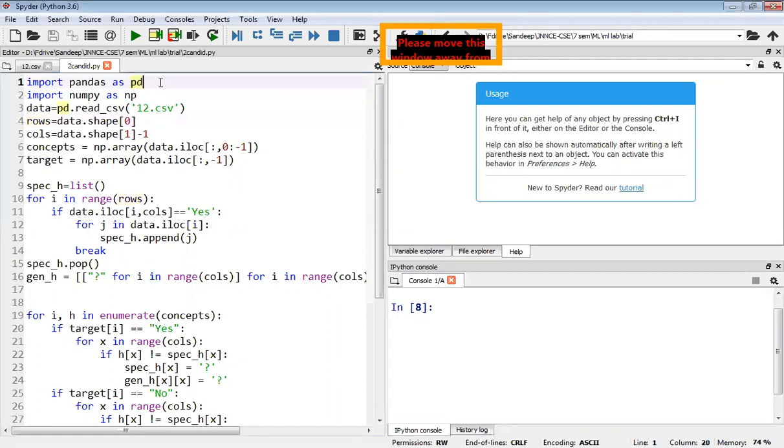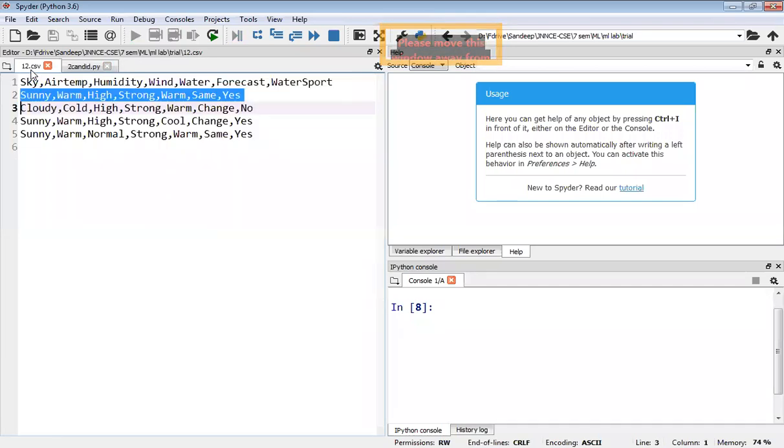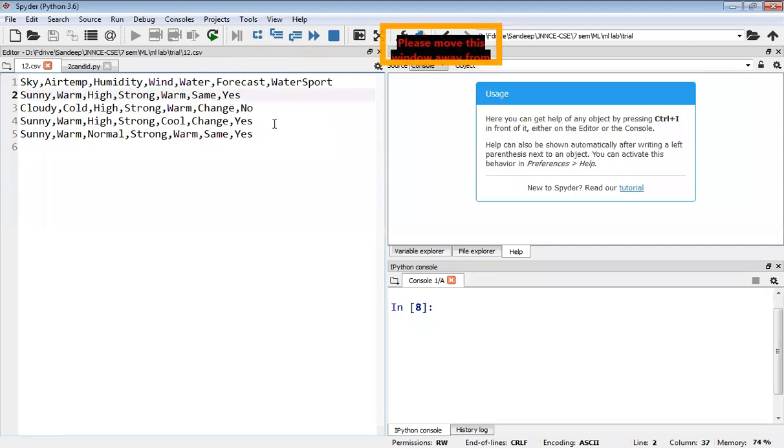And same as before, we shall start with the program. While explaining the program line by line, I will again explain the algorithm also. For this data set, we'll apply the candidate elimination algorithm and try to find the specific hypothesis boundary and general hypothesis boundary. Manually, you have already solved this, and you have studied the theory already. So one specific hypothesis and two general hypotheses we should get as output.